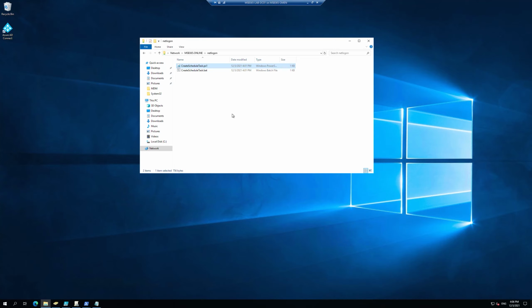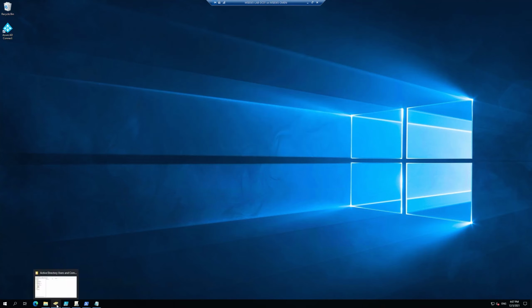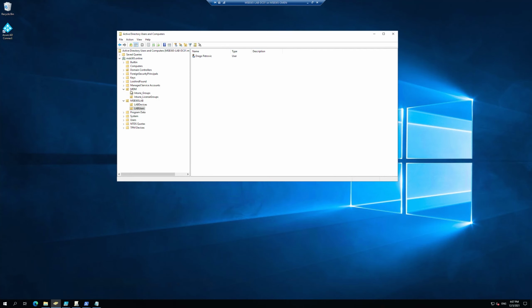checks if a particular schedule task exists, and if it exists, this script does nothing. If not, this schedule task will be created. And this schedule task is one of the points which are needed so that a hybrid joined device can be MDM enrolled. This is what's gonna happen here. In the next point, we go to our Active Directory. If we go now back to MDM, hit the resync button and go to Intune groups, we see